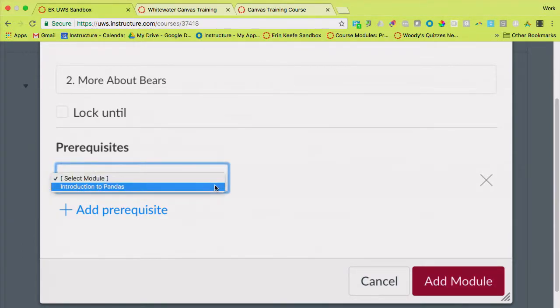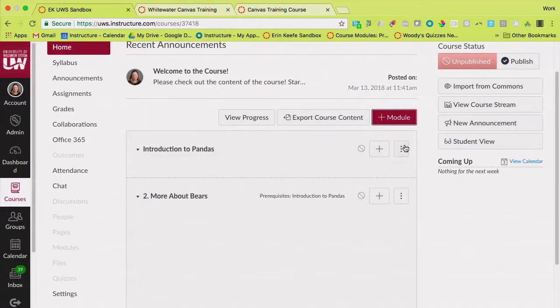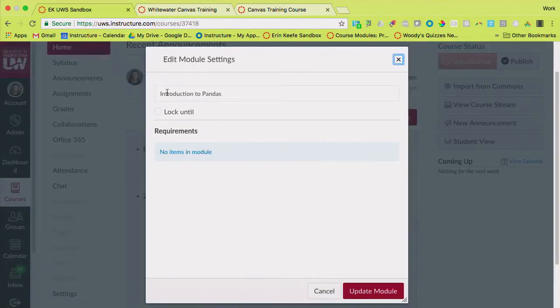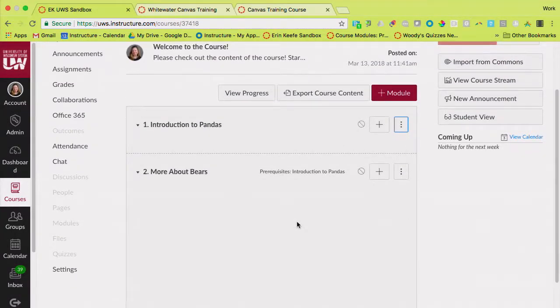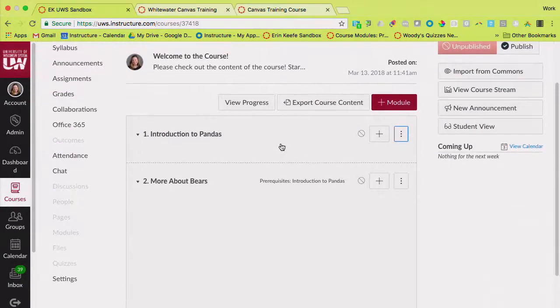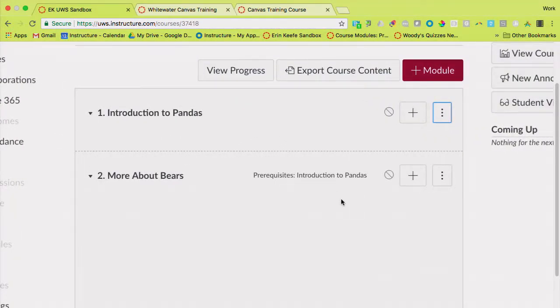So after you're in your second module, you could set prerequisites then and say, you know what, my students can't get to More About Bears until they do whatever I need them to do in Introduction to Pandas. So it's just one of the ways that you can really design your course so that students don't just randomly start clicking all over the place looking for the work to do, which is what my high school students always did. What do I need to turn in? And they'd skip all my really good work.